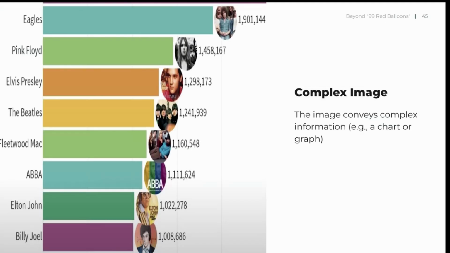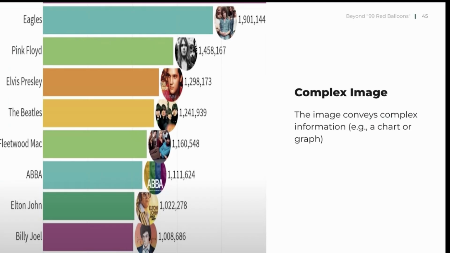So we have complex images. This is really hard to describe, right? We talked about keeping our alt text short and concise because it's cumbersome for assistive technology folks to go through. So when we have these complex images, they can be charts, diagrams, or graphs. It's okay to use alternative text, but you should have that information on the page as well to reinforce the content. But if you are going to describe this, make sure that you include